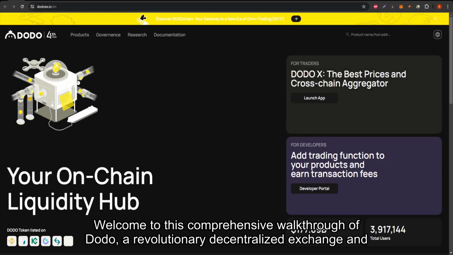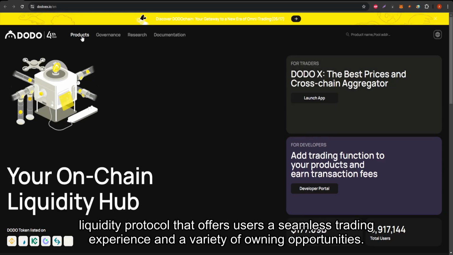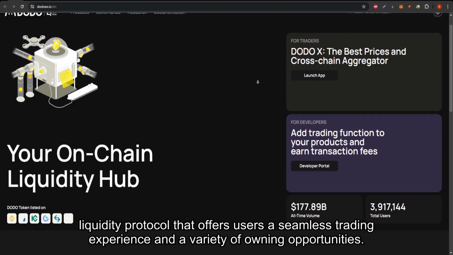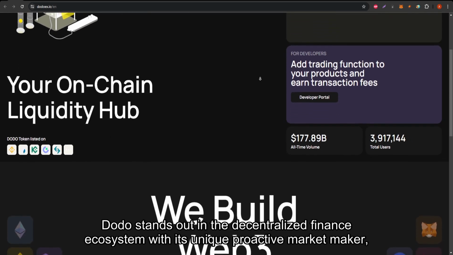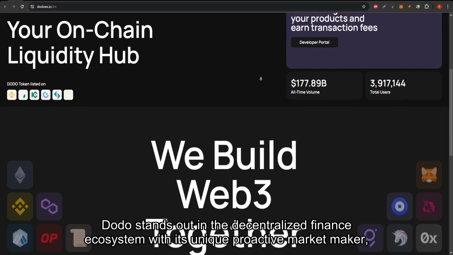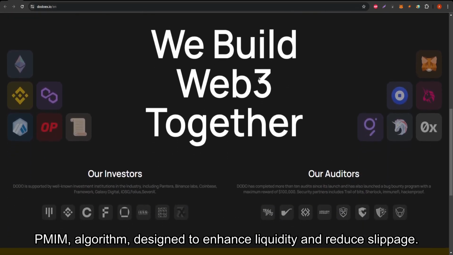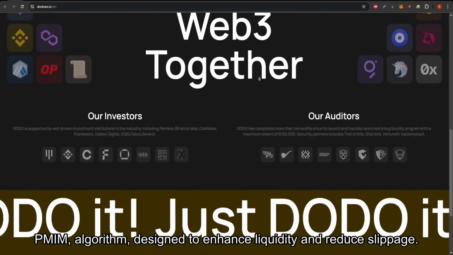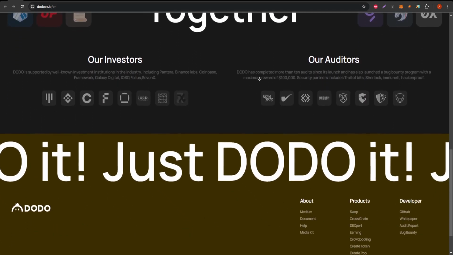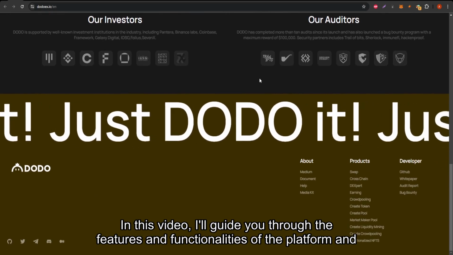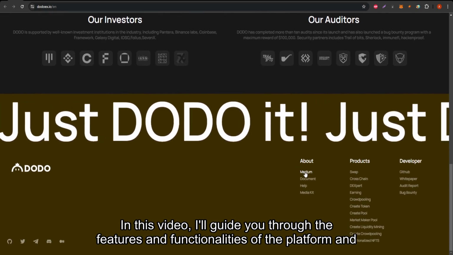Welcome to this comprehensive walkthrough of DODO, a revolutionary decentralized exchange and liquidity protocol that offers users a seamless trading experience and a variety of earning opportunities. DODO stands out in the decentralized finance ecosystem with its unique proactive market maker (PMM) algorithm designed to enhance liquidity and reduce slippage. In this video, I'll guide you through the features and functionalities of the platform and show you